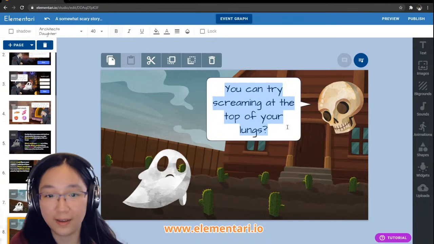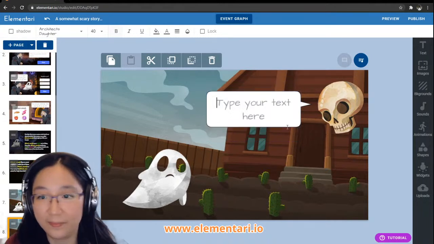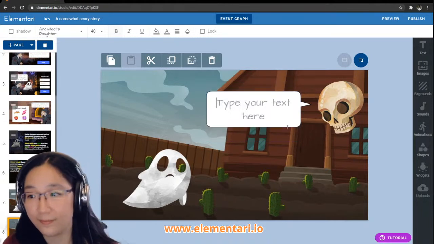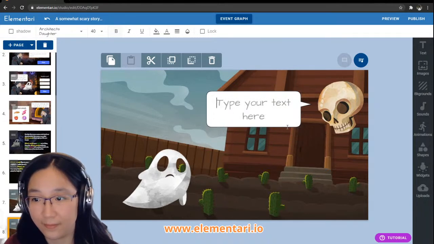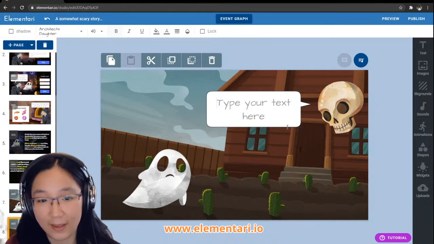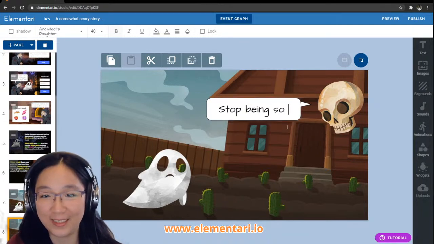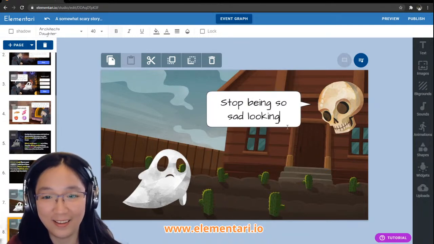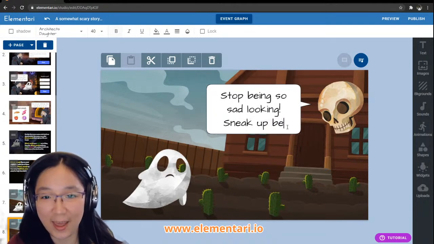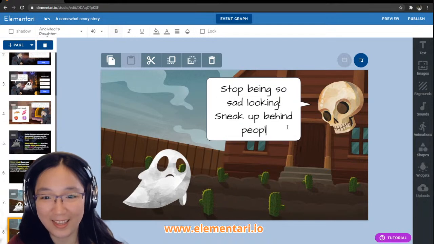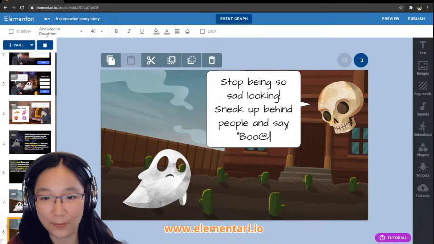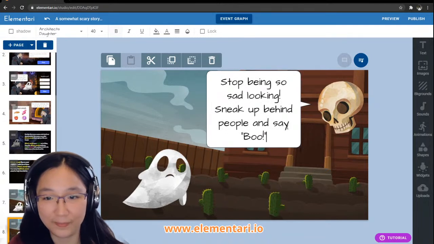How can we make this ghost a bit more scary? Stop being so sad looking. Sneak up behind people and say boo. What do you think?